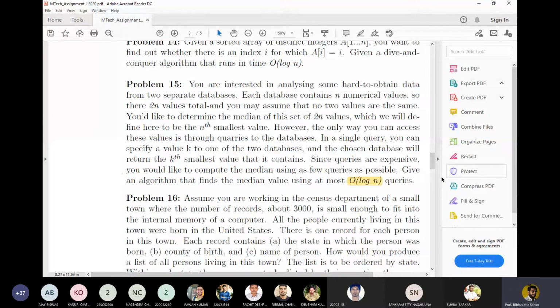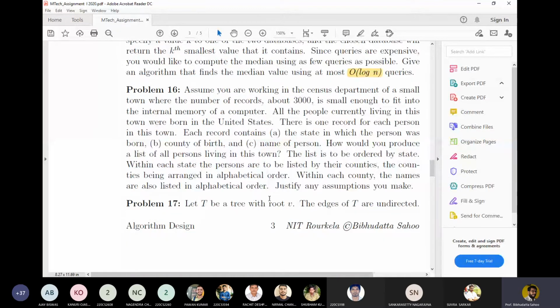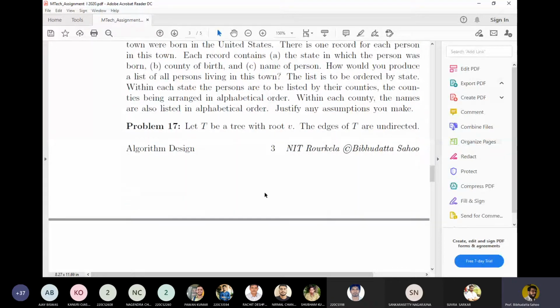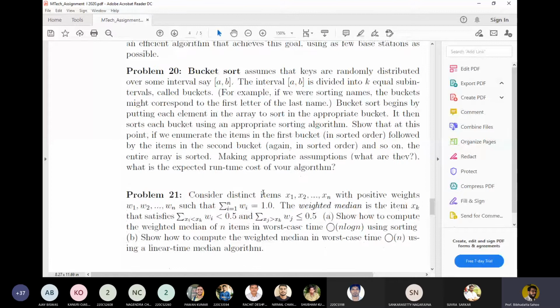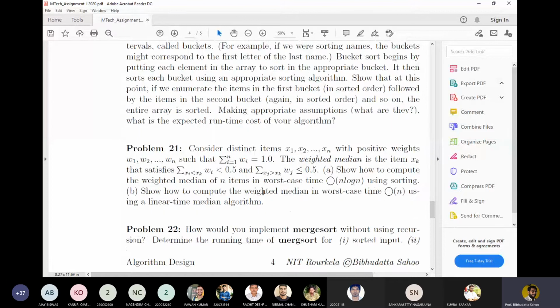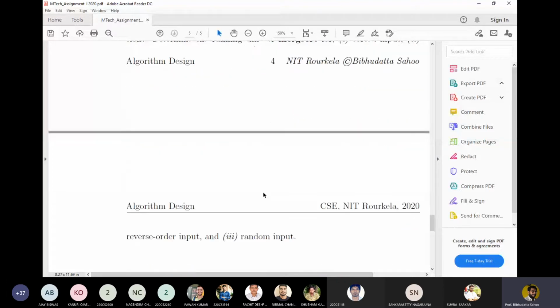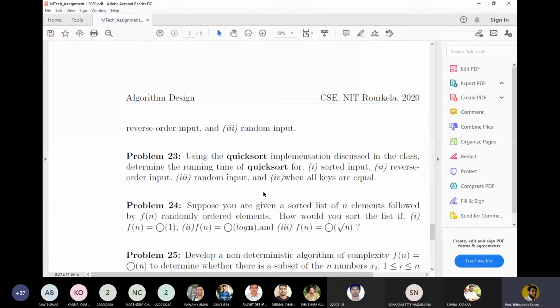So first try to read the questions. These are not very tough questions, but you have to map which technique is to be used. If the question appears at the end of the divide and conquer chapter, with a good guess, you can say you are going for divide and conquer. If it is not appearing there, then how to solve it? So there are 30 questions. This is the usual exercise. We circulate these so that you can be energized and solve the problems.